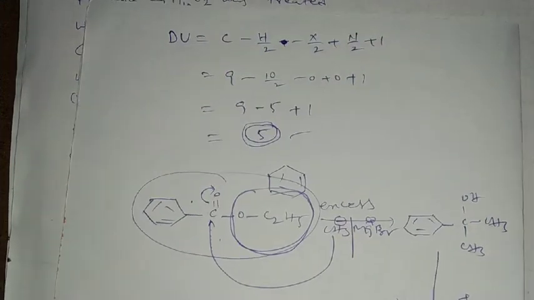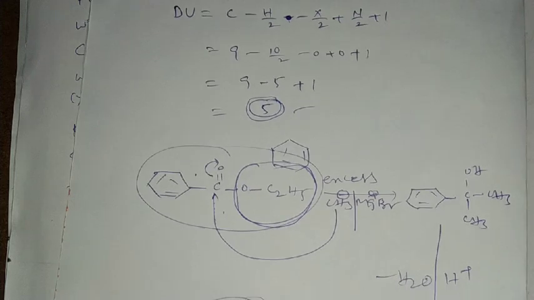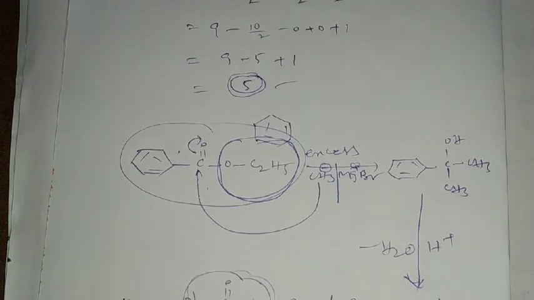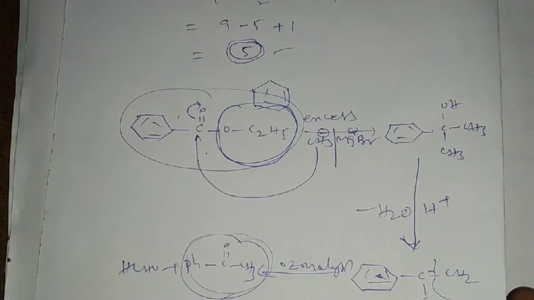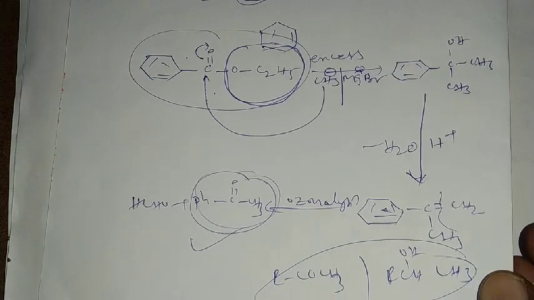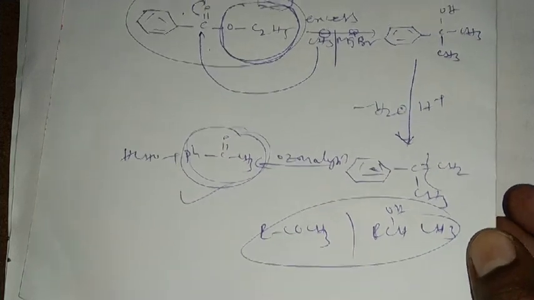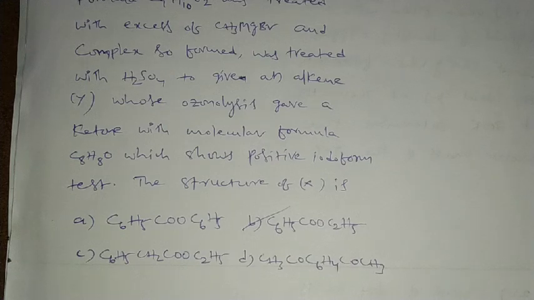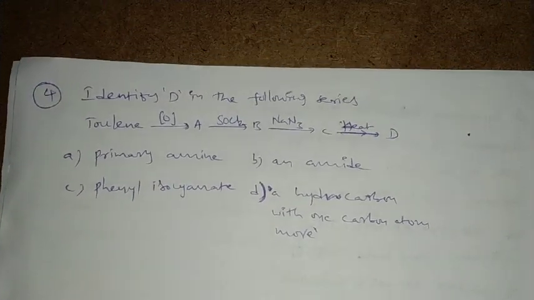So once again, observe the procedure. First you have to identify the degree of unsaturation. Then what are the steps given if you apply? First step, excess CH3, second step treated with H2SO4, next it undergoes ozonolysis, finally it gives the final product, which must give a positive iodoform test. Is it okay?